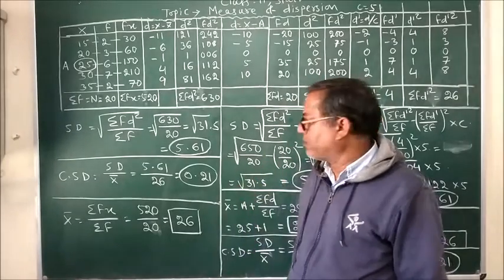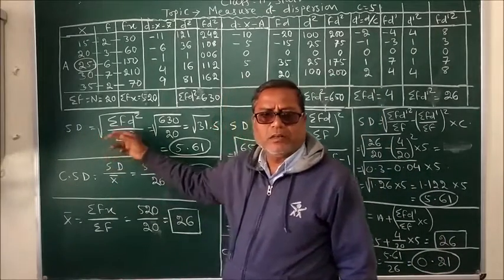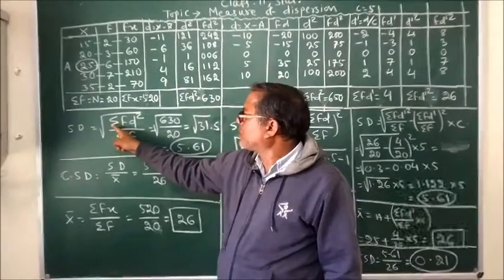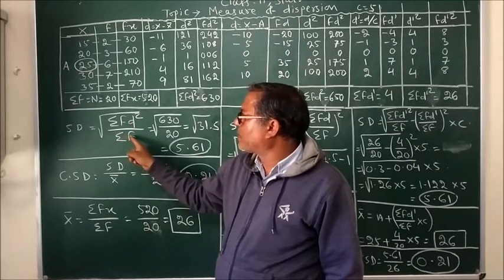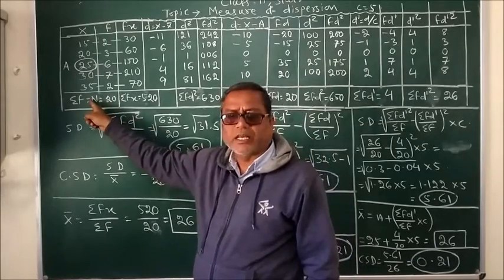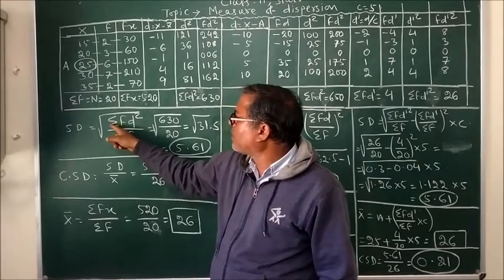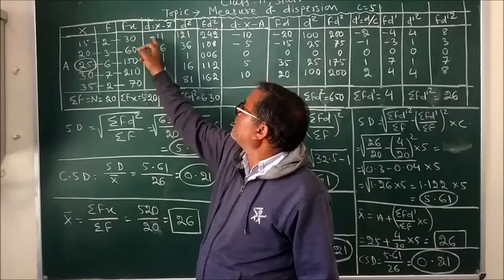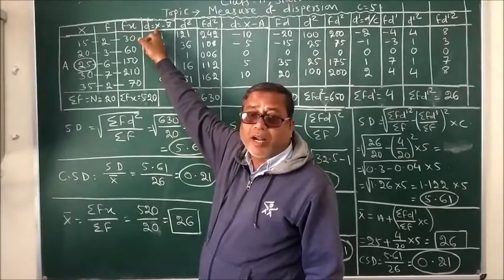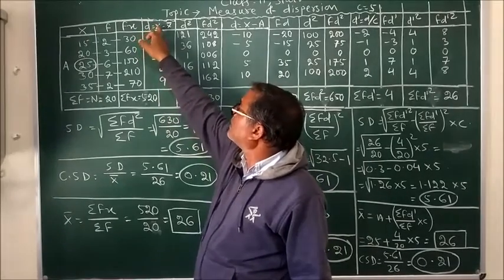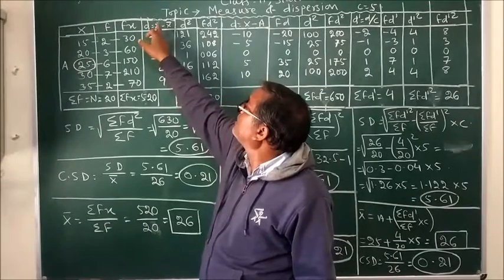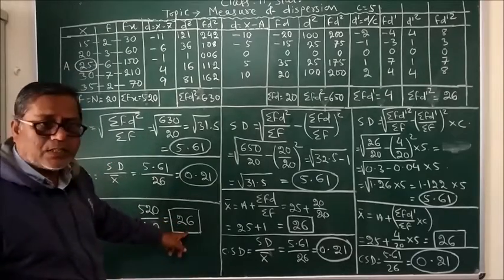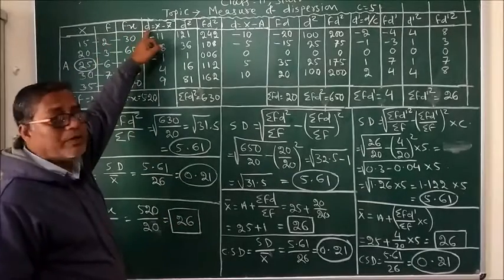We cannot ignore it. Now, direct method, calculation of standard deviation. The formula that is used is the square root of summation f d square upon summation f. Summation f is n, or 20, and how to find summation f d square? To find f d square, we need to find d first. And how to find d? d is nothing but the difference between the value of the series and x bar. You can see here x bar, that is 26, and how will we calculate d?